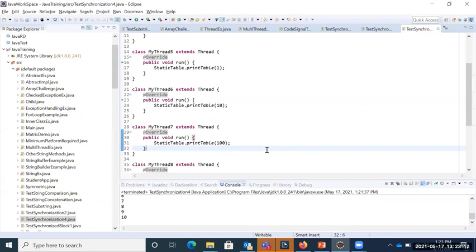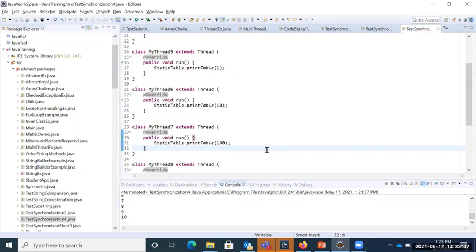One more word we will call it is thread safe. You can hear this word in many places. What is the meaning of thread safe? If you are using a synchronized method or synchronized block, then this program or this resource is called